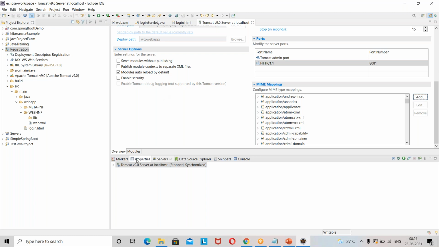Can you try changing the port number itself? This one, right? Yeah, make it 8888, anything. I changed it. It was 808. I just made it 818, 8081. Like that, I made it. Okay.